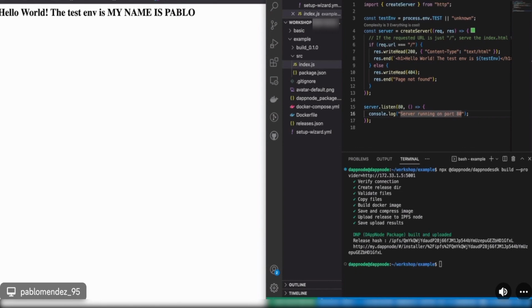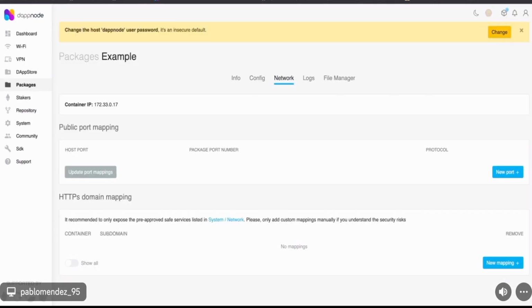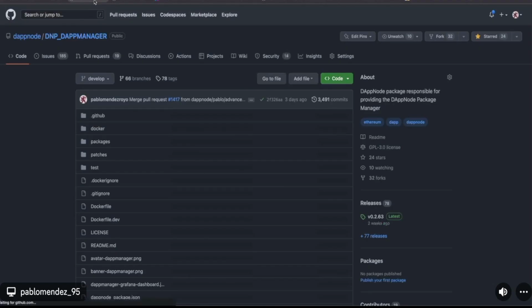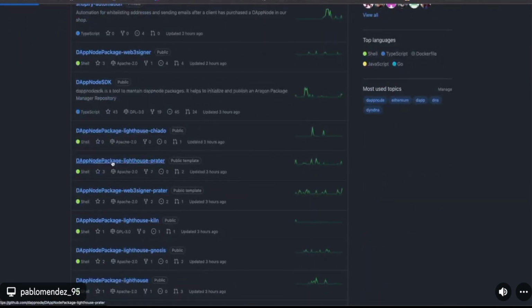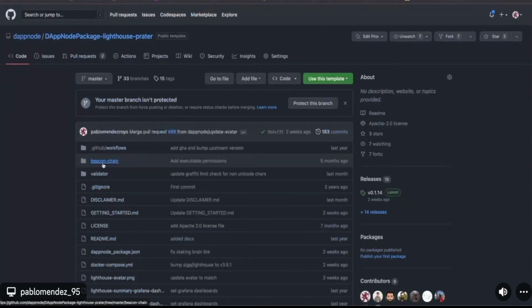I can explain a bit more, so let me show you. For instance, we have other tools. A dApp package used to be a dApp which has an upstream project.